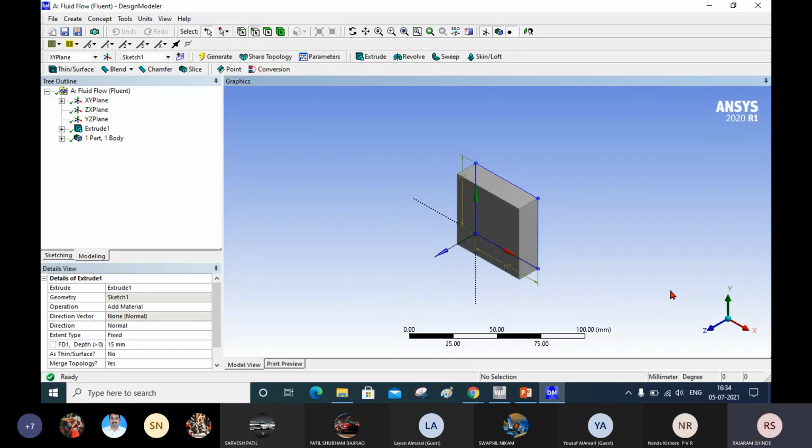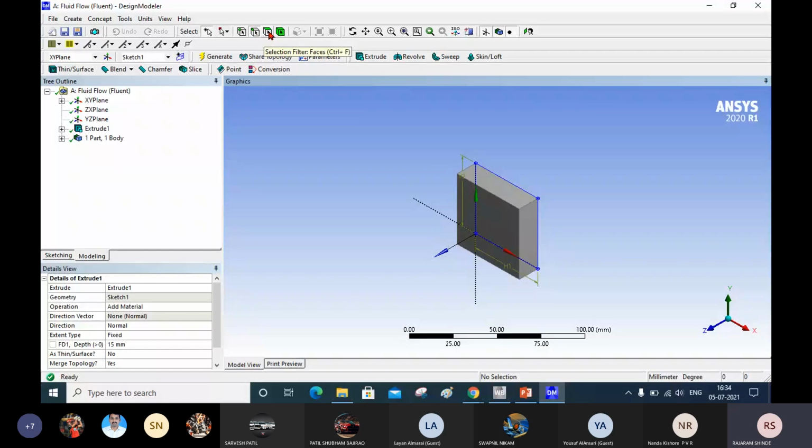Now here this is a xy plane. Now I will select the top side or top face. Now for selection, you can see here there are different options. One is point selection, and this again I'm going to discuss in detail on later part.